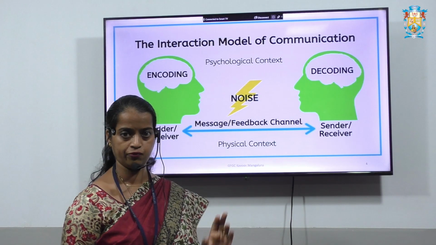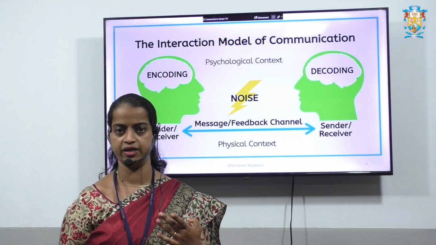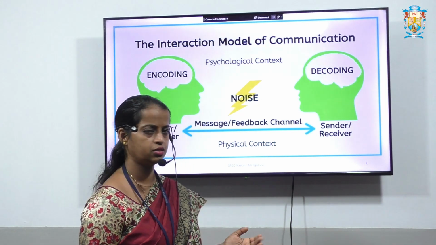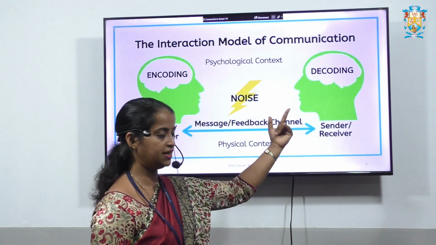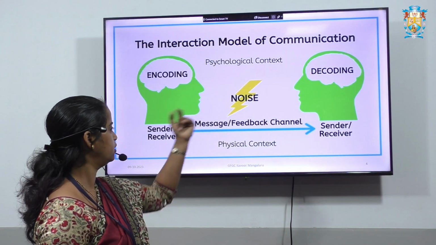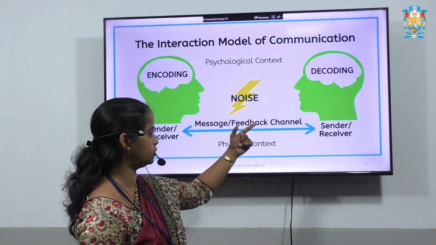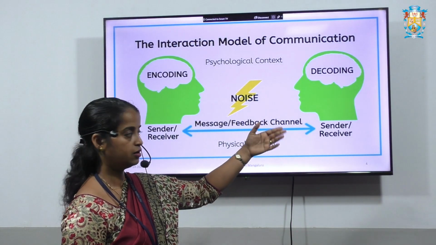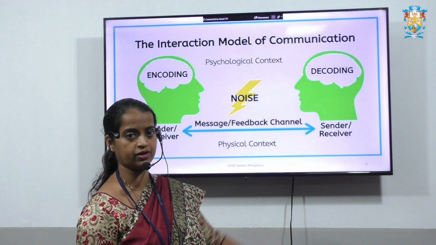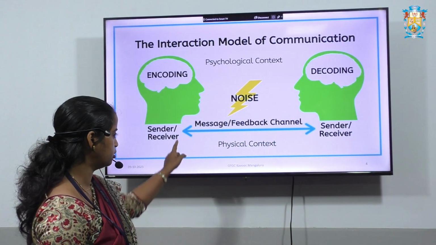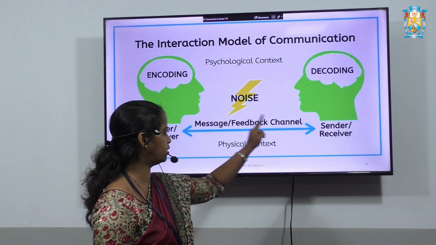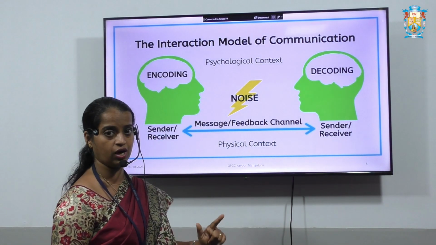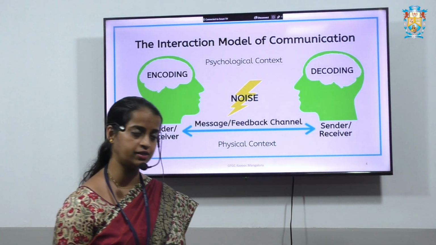There may be the problem of noise, as I told you earlier. Maybe there are interactions, or some distractions, or other noises where the message may not go to the ultimate person properly. So there may be noise, and there also should be a feedback channel where even the sender can give feedback or suggestions, and even the receiver can give suggestions or feedback. Here we can find the arrow showing on the right as well as the left side, which means the sender also has a right to give a message.